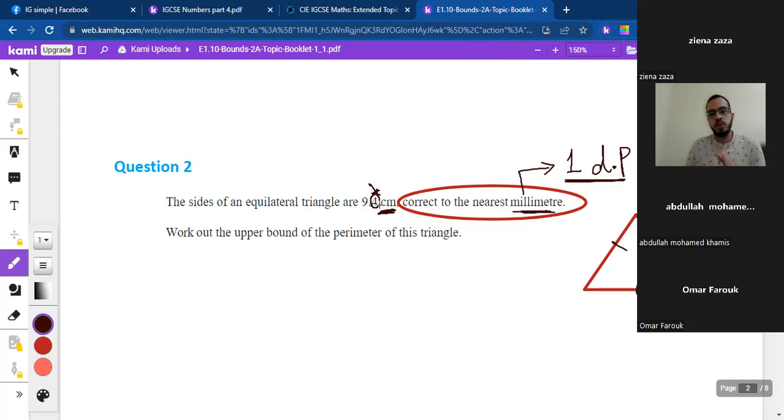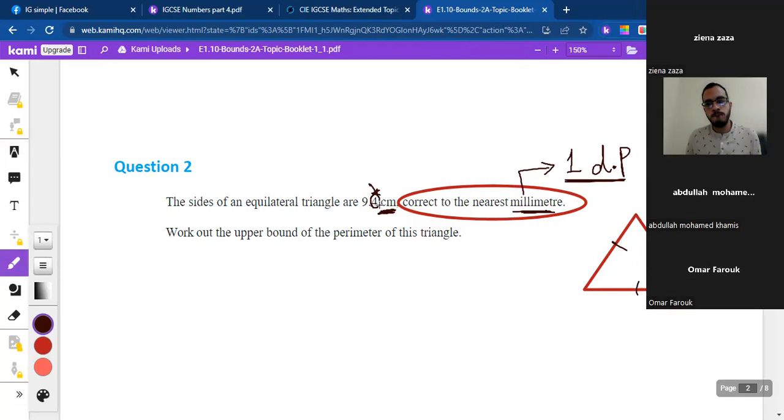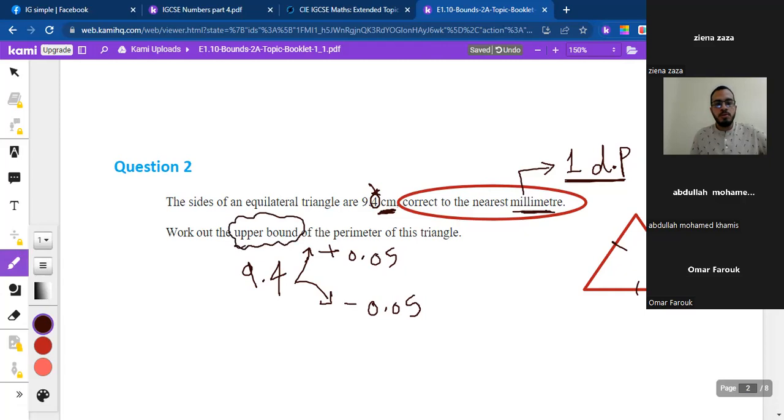If you choose a whole number, you're supposed to add 0.5, but here you add 0.05. Because the centimeter is bigger than the millimeter, the unit of the number isn't bigger than the one he wants. So here I will add 0.05 and subtract 0.05. But he says find only the upper bound, so we'll add only. I don't need to find the lower because he says find the upper. So it will be